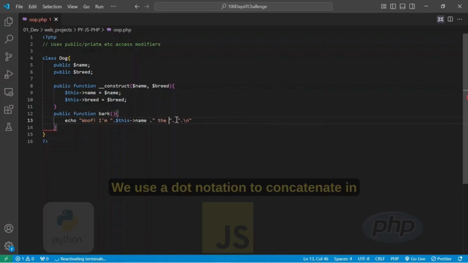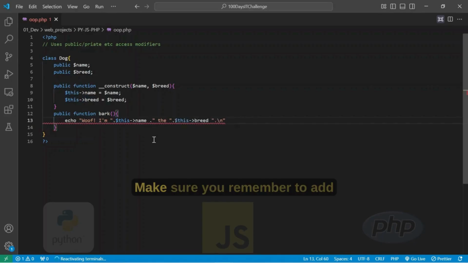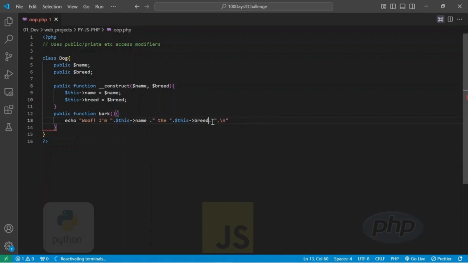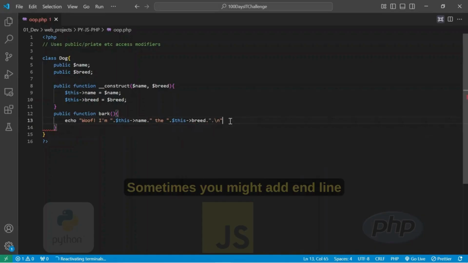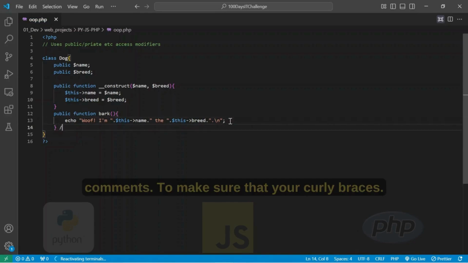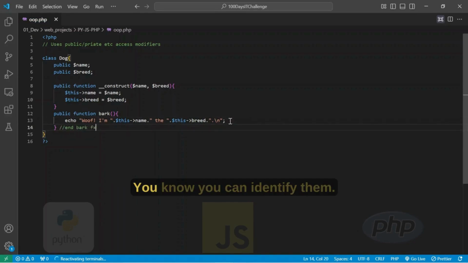Concatenation, like we've seen before, we use a dot notation to concatenate in PHP. And just like that, we should be good to go. Make sure you remember to add semicolons at the end of each statement. Good. So sometimes you might add end line comments to make sure that you can identify your curly braces,